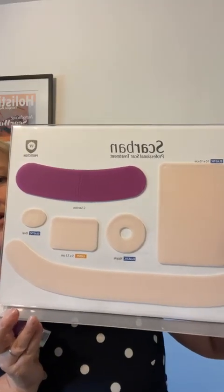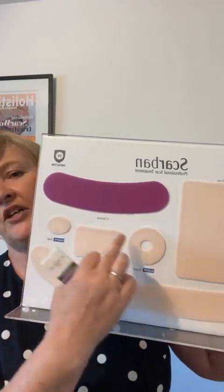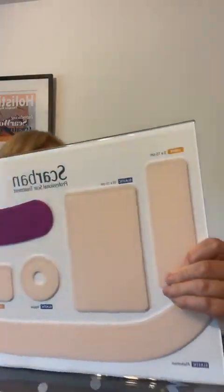In UK it's Espia Health. This is some of their range. So they've got a silicone sheet for C-section, a round nipple after breast surgery, big ones for abdominoplasty or different shape surgeries. They also come in clear, so no matter what your skin tone, your skin colour, if you are somebody with darker skin, you're actually more predisposed to getting complex scarring, and with their clear plastic sheets, these are